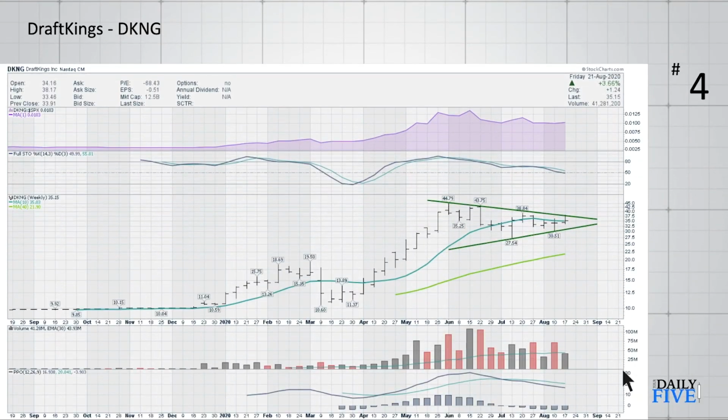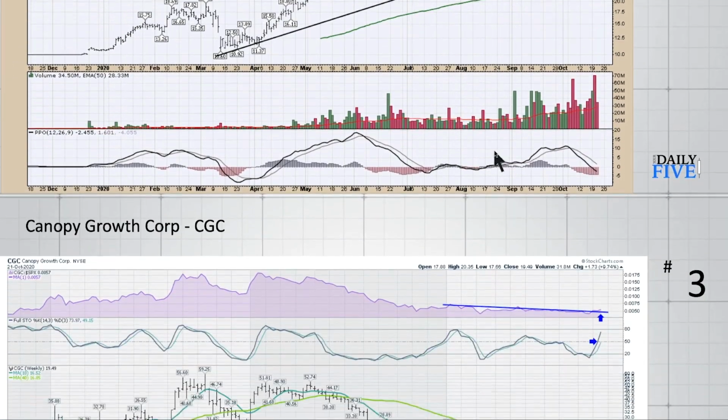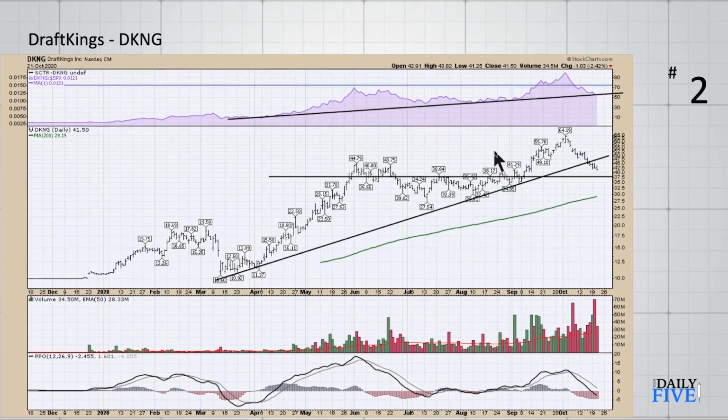Looking at DraftKings, this slide is from August the 17th, and I had posted DraftKings pretty much right on the $35 level. We're going to check the next chart, but basically DraftKings broke up and it's now pulled back and is almost back to where it started. So there was a nice 80% run in DraftKings from there. We talked about it right in here,